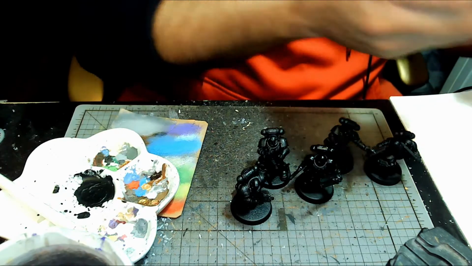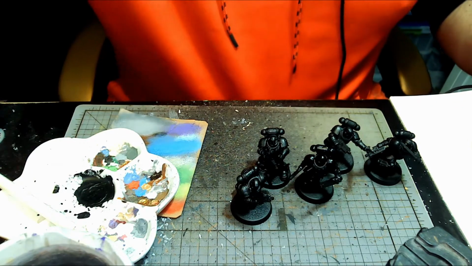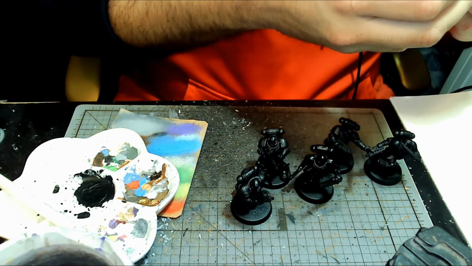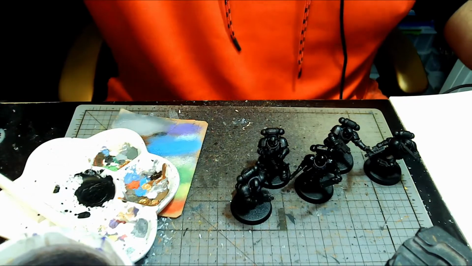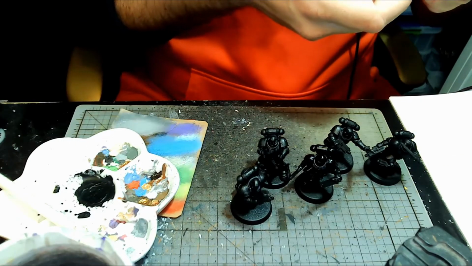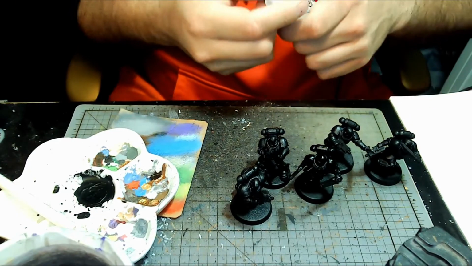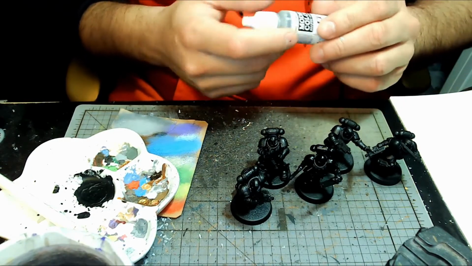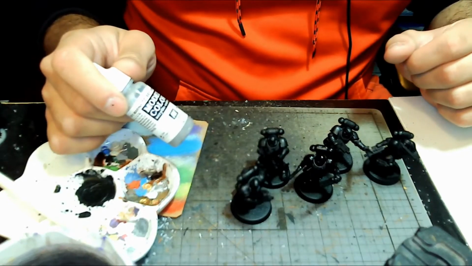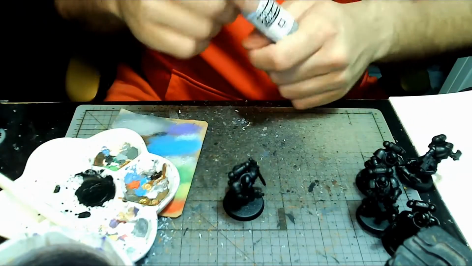Actually, you know what? I wonder. Not field gray. This is the one I want. Is it? I did an example model for myself a while back, and I forgot which color I used. I'm pretty sure it was dark sea gray, now that I think about it. So let me actually...